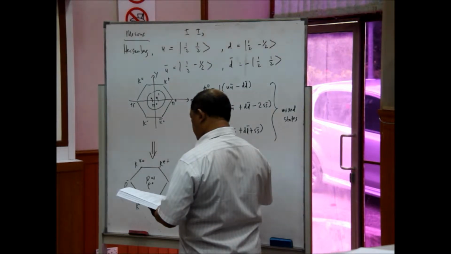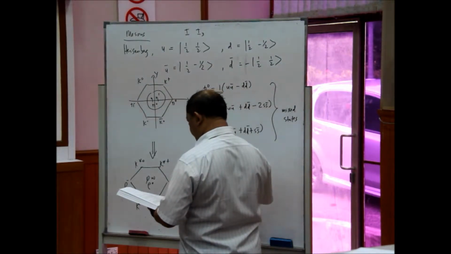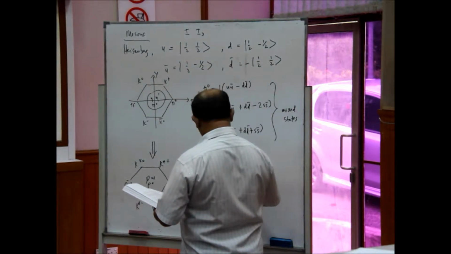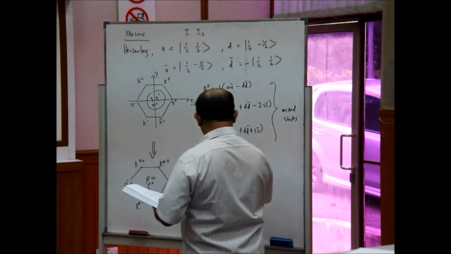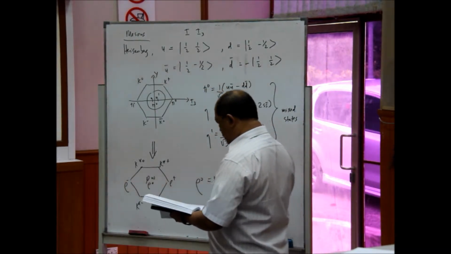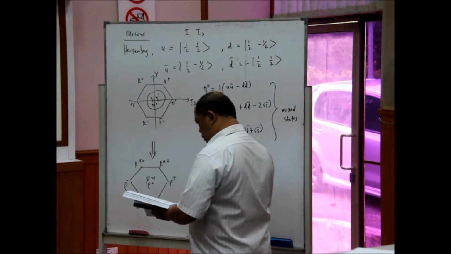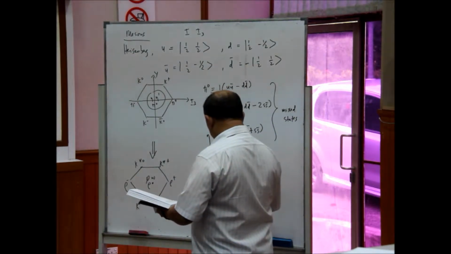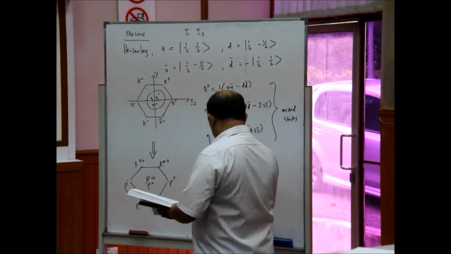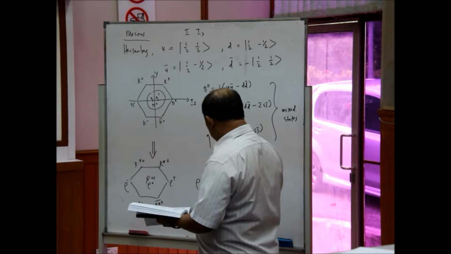So here rho 0 is still u bar minus d bar over root 2. So that's just normalization. Then you have the omega, which is just u bar plus d bar over root 2, and finally